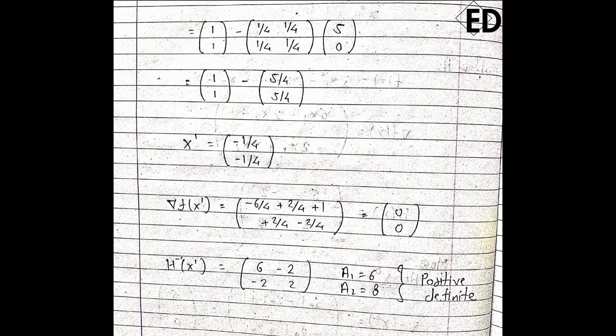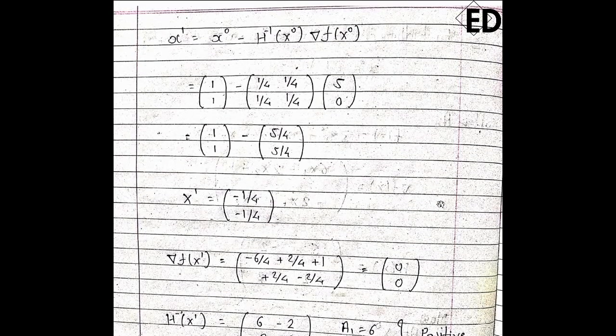If the Hessian matrix is positive definite, as we already discussed, it means the function is minimum at that point. If we are considering any point and we calculate the Hessian matrix of the function at that point, and it comes out to be positive definite, then our function at that point is at the minimum location. In this question, our Hessian matrix comes out to be positive definite, so we can easily say that the function at the x1 point is at the minimum location. So x1 is our minimum location, meaning the next best solution.